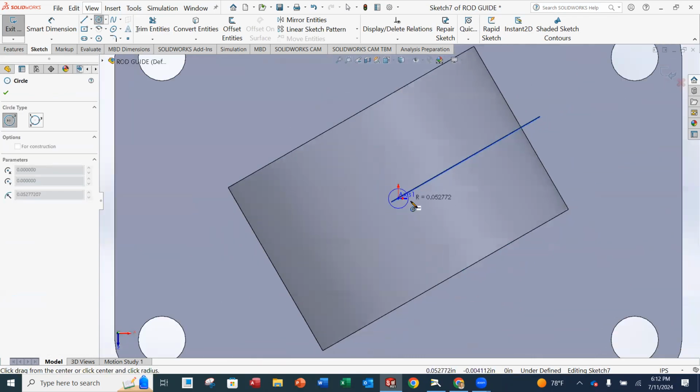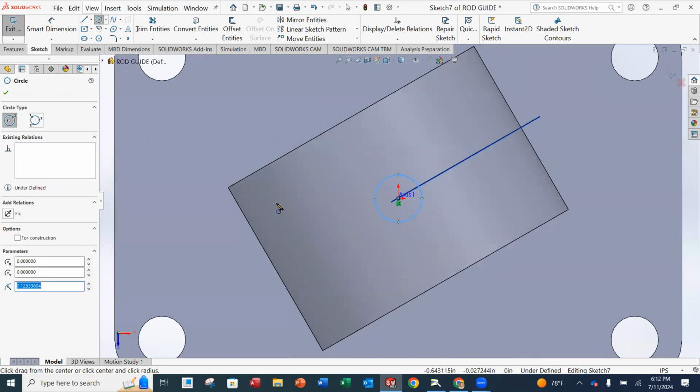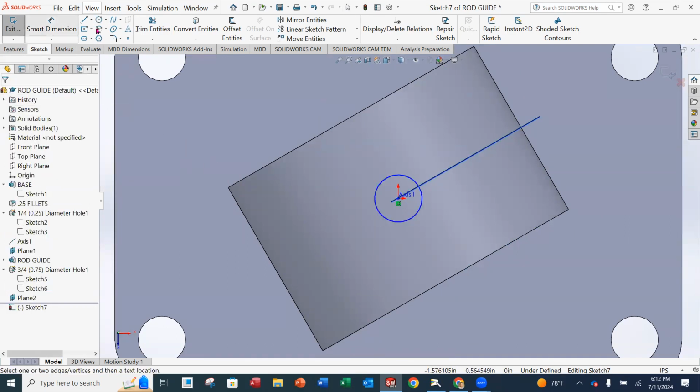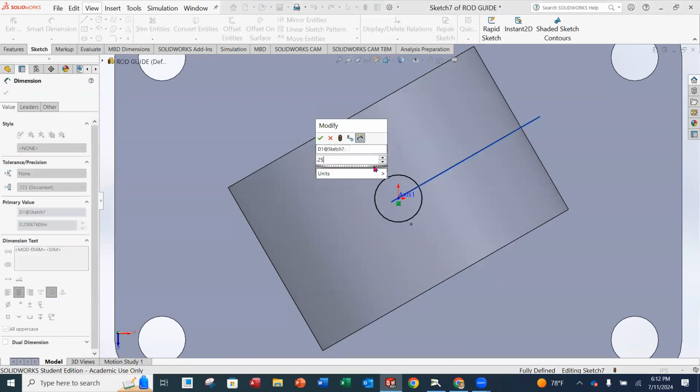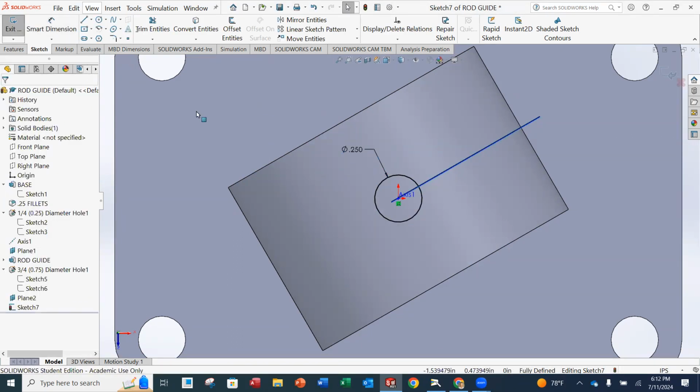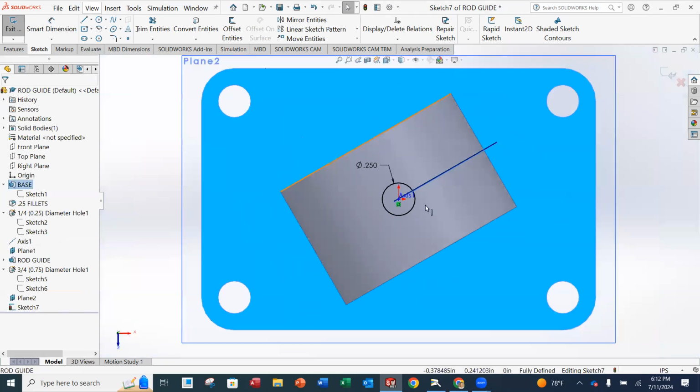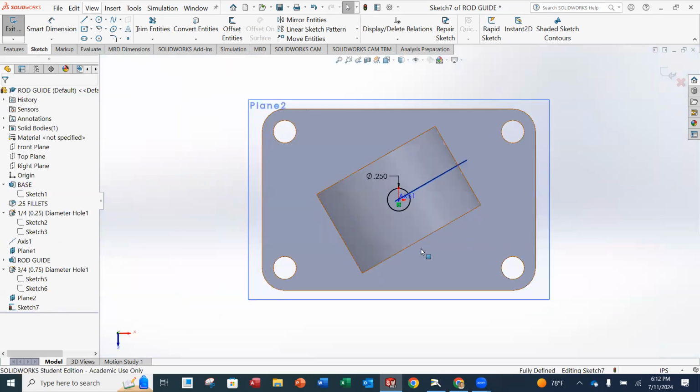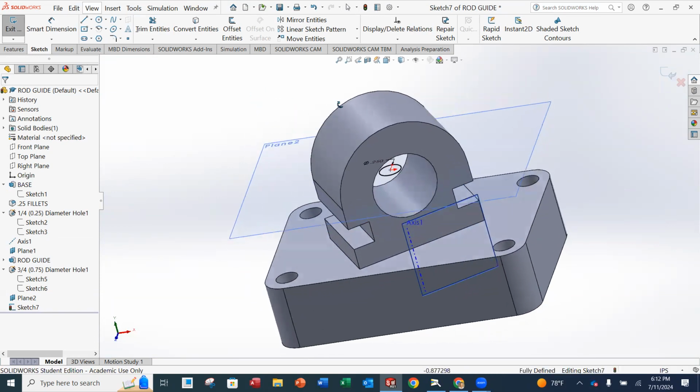So once you activate it on the origin, left click for that radius, and then you're going to smart dimension, and it's going to be 0.25. Accept that dimension, click off of it. See? You'll notice that you're fully defined by only putting the diameter on there because we have it on the origin. If you don't, then put the center and the origin concentric to each other. Okay. All right. Now that my sketch is fully defined and I'm ready to extrude cut through,